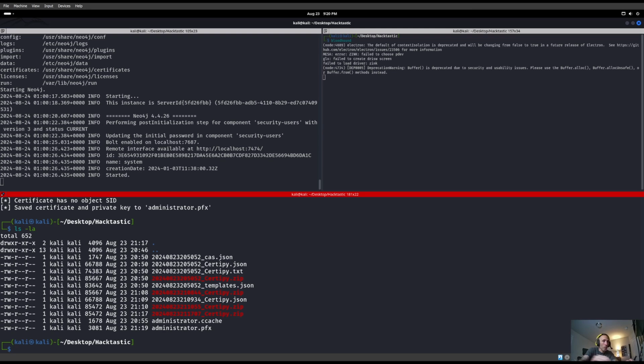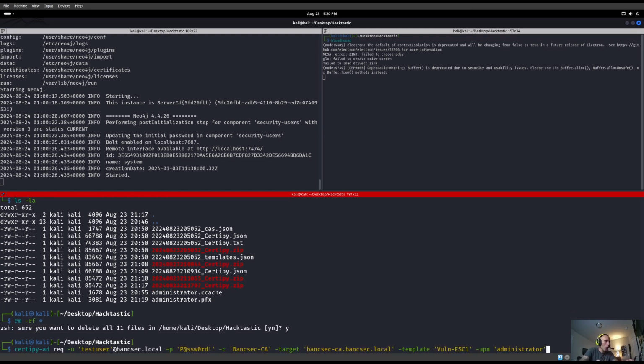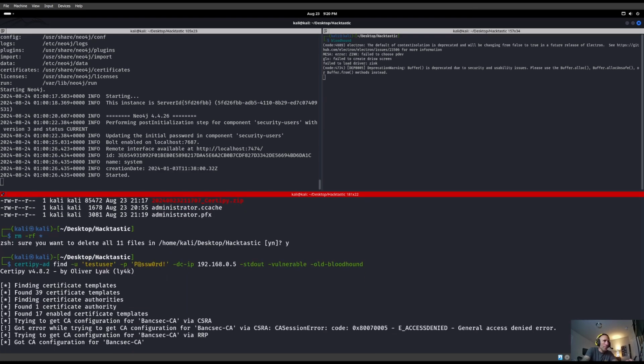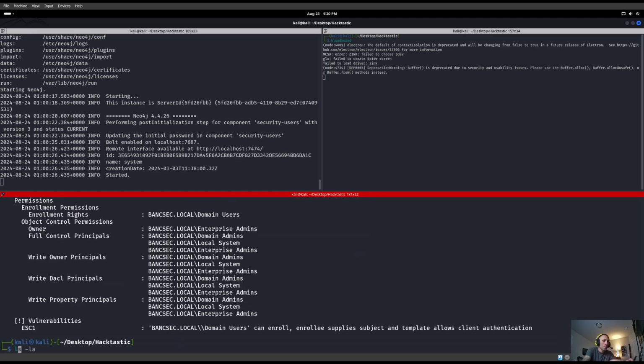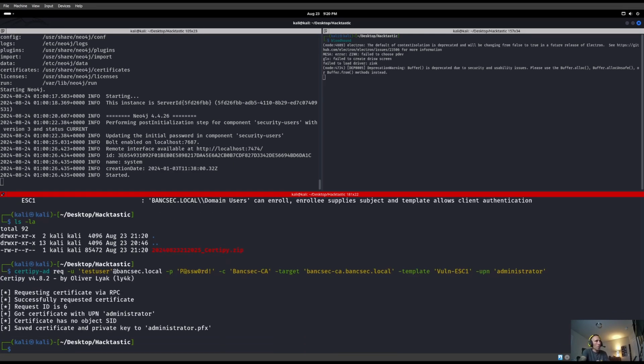Because as we show, we actually have a bunch of stuff in here. Let's go ahead and remove all this. We'll run our first command again with our old Bloodhound, right? You'll see a .zip file in there. There's our .zip file, right? And now when we run our second command here, pretending to be the administrator, we can see that we have the administrator.pfx file like right here. And now lastly, we can go ahead and authenticate utilizing our pfx file,